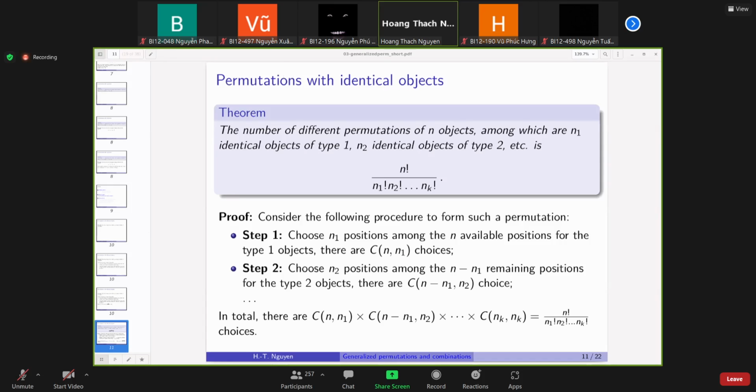So where is the... wait a little bit. I have to take a screenshot. Where is the